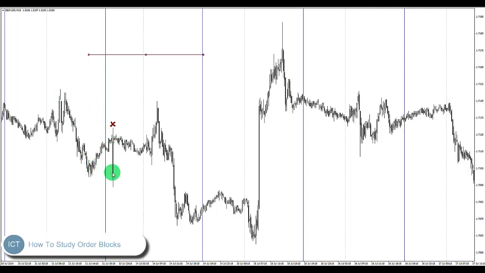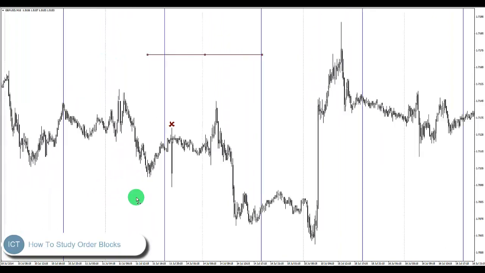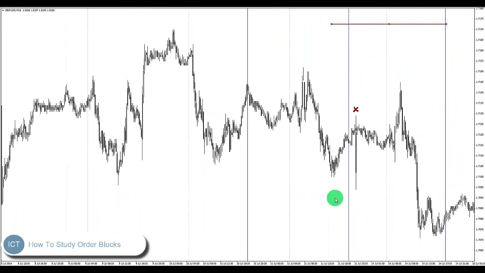Okay, and this inherent wick here, I'm not going to discuss this here because we will talk about this in volume 5, and it relates to mitigation blocks and rejected order blocks that have been taken out. So we're going to have to defer that conversation for another video. But we're going to assume for a moment that you can clearly see this price leg here. Okay, assuming, let's do this. It'll be a little bit easier to teach